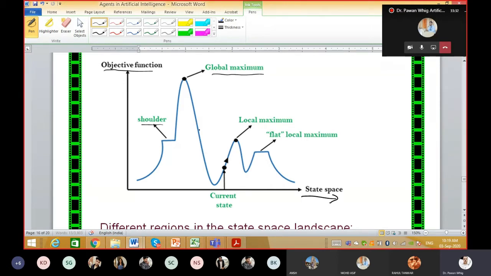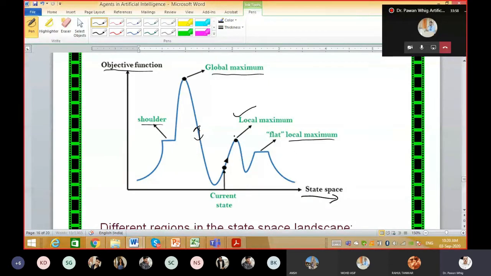And in between, this is what we call the current state. And I already told you some peaks may be available, which is what we call local maxima. Also, while ascending you get a flat surface, that is what we call a shoulder. But sometimes you get a flat surface that is also called local maxima. This is also local maxima.